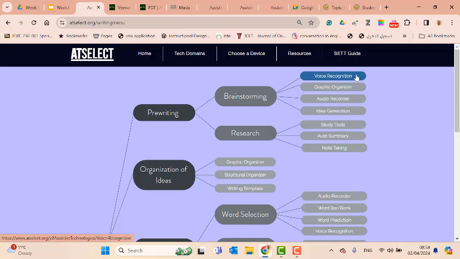For example, voice recognition. For example, a graphic organizer, because it will give them a visual representation of the ideas, and it will also generate ideas and provide this visualization. Maybe an audio recorder or idea generation like ChatGPT, for example, or AI mind tools,